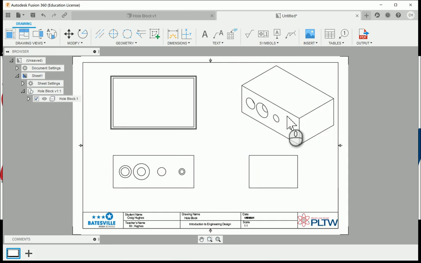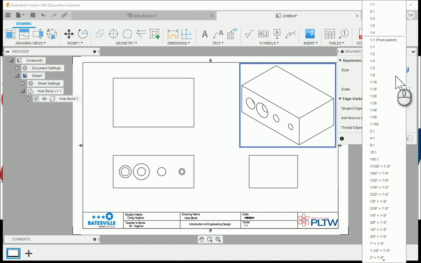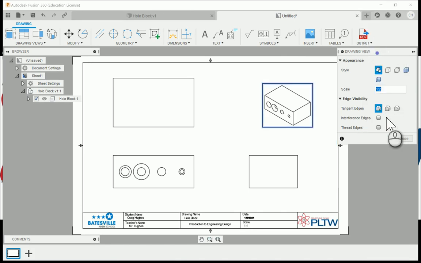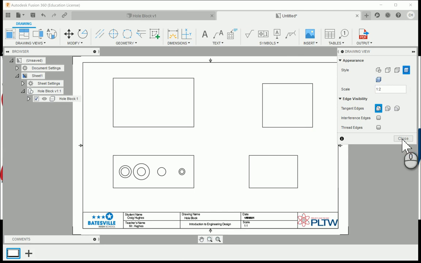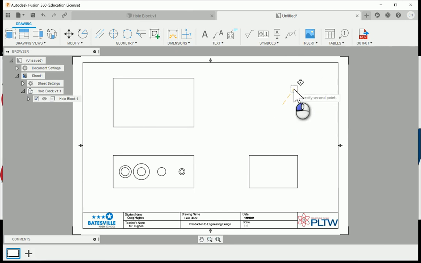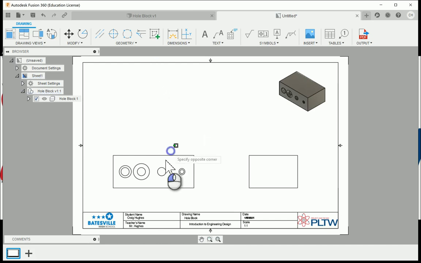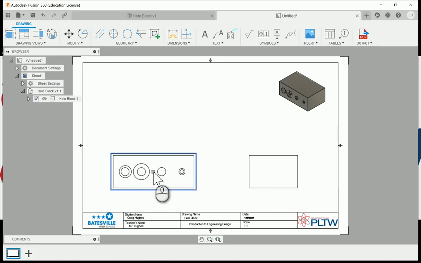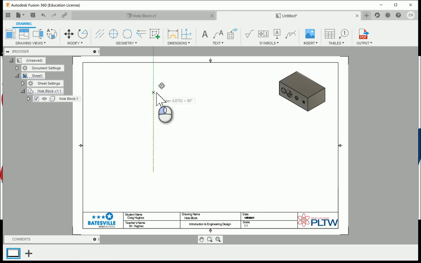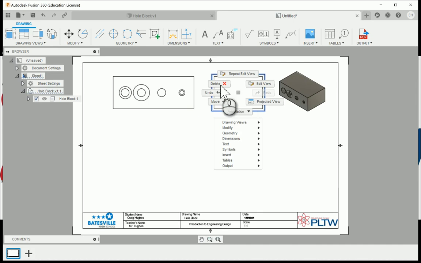There's the isometric. What I'm going to end up doing is I'm going to scale down the isometric. We'll do a 1/2, and we'll shade it. Now, if you remember from the previous activity, I'm going to delete this top view, and I'm actually going to move this view up above here. I'm also going to delete the right side view, because actually we're going to be able to